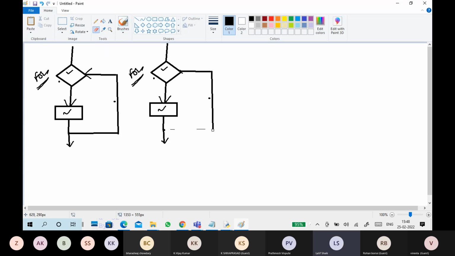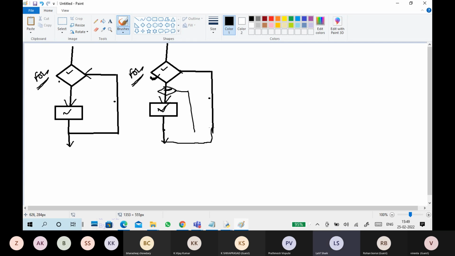This is a break. If this condition is okay, then it will do some work. Next, we put some sub condition like this. If this condition is satisfied, for example, break the loop and don't continue here. This is the condition you are putting. If it breaks the loop, it breaks the loop.